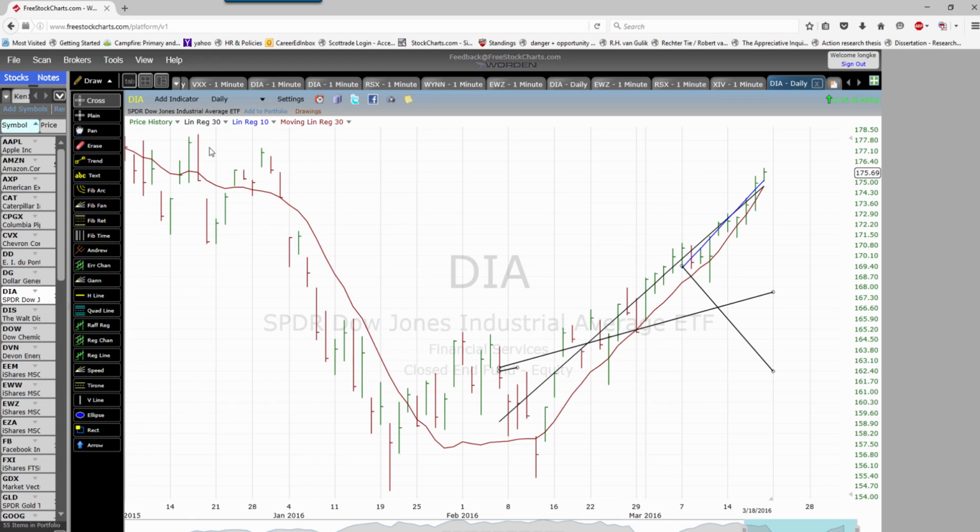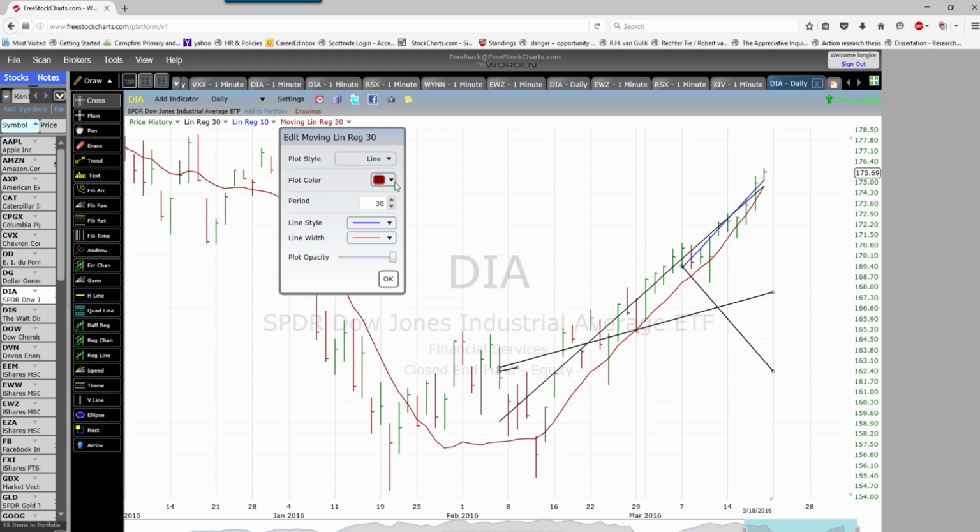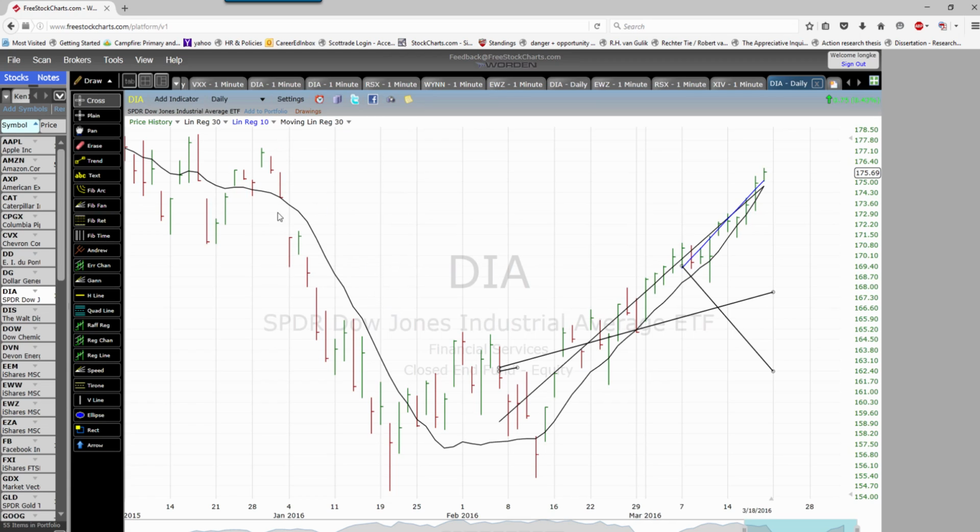And so when we put that on price history, you'll notice that what we have now is a 30-period linear regression, a moving linear regression. And so since we want to make that black, what we would see is that as price begins to vary its directions, the moving linear regression line simply is making a curved line out of the endpoints of each successive 30-period regression line and only drawing those predicted endpoints. And what that lets us do is remove all of this extra noise and allows us just to focus on